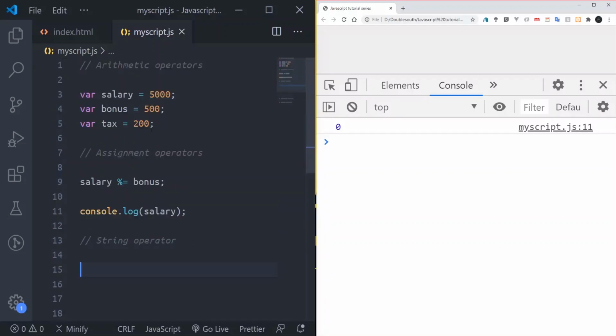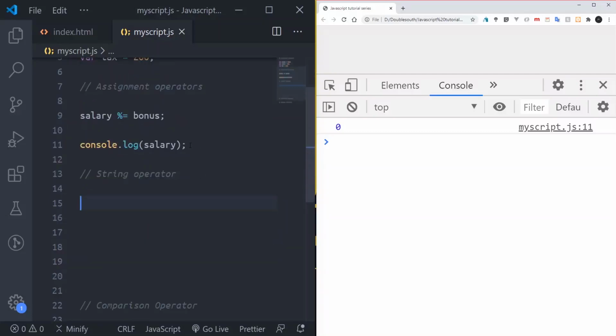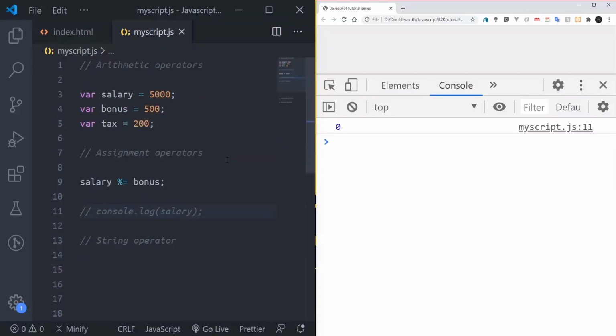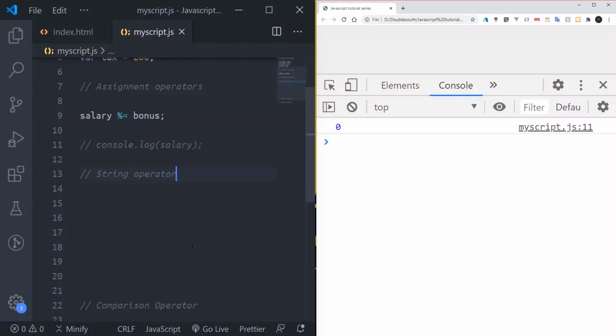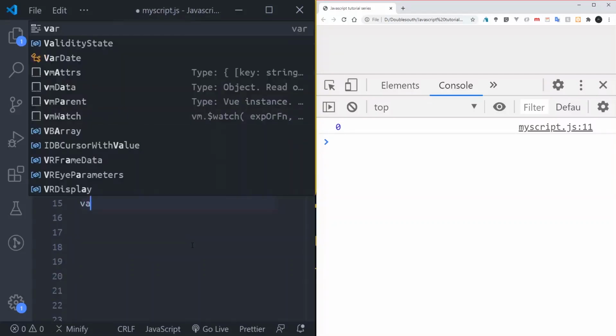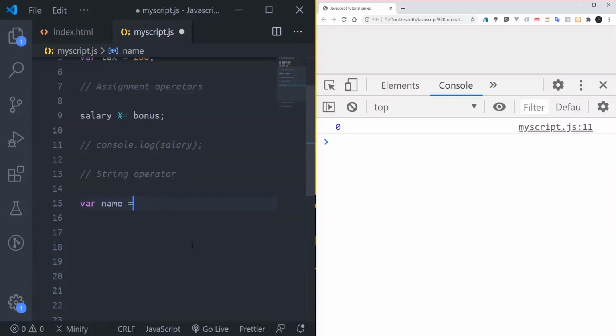Normally, when we say salary plus bonus, it does normal addition for us. Now, if I come to this place and create a variable name, I give the name as Okon.